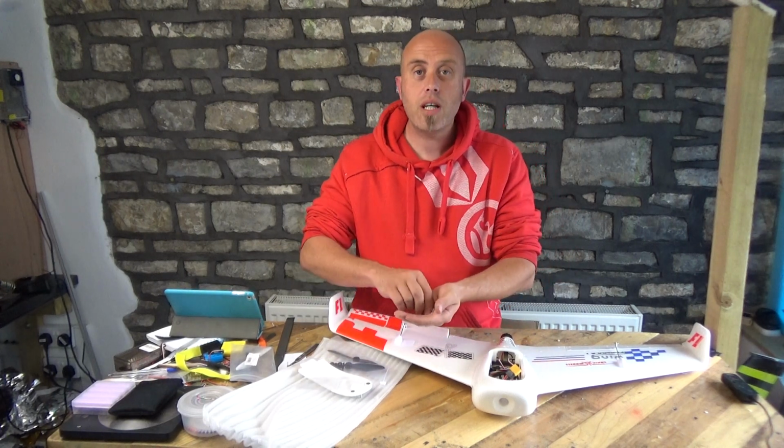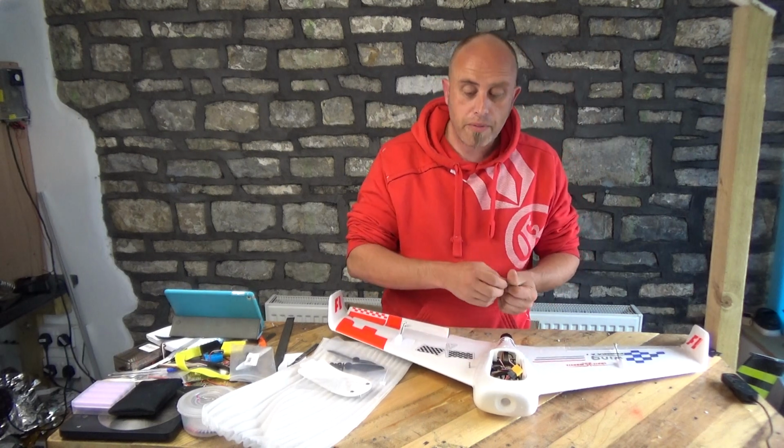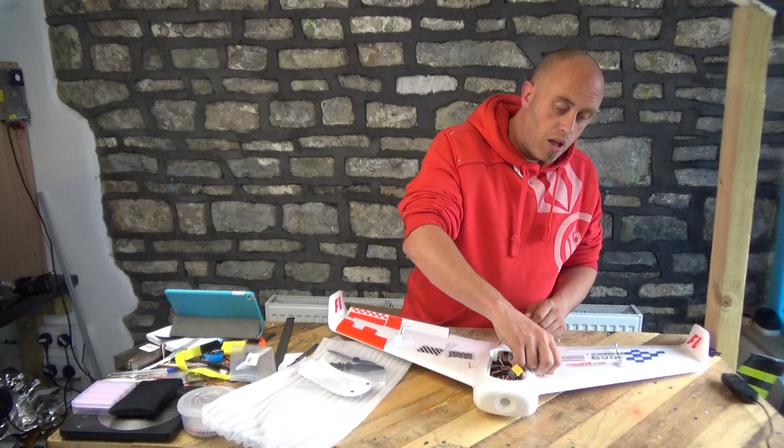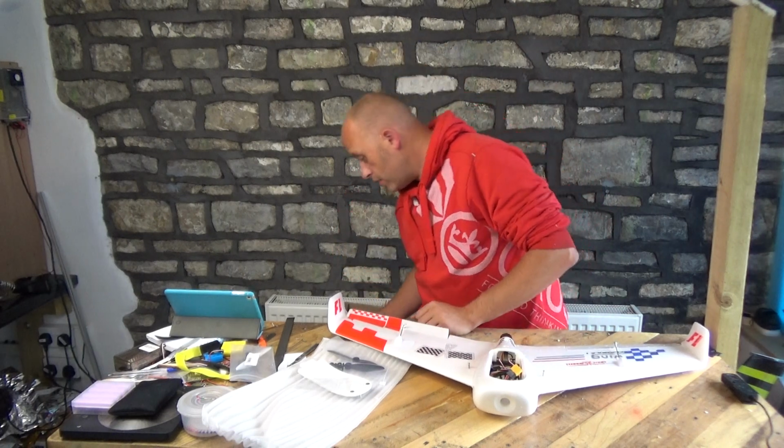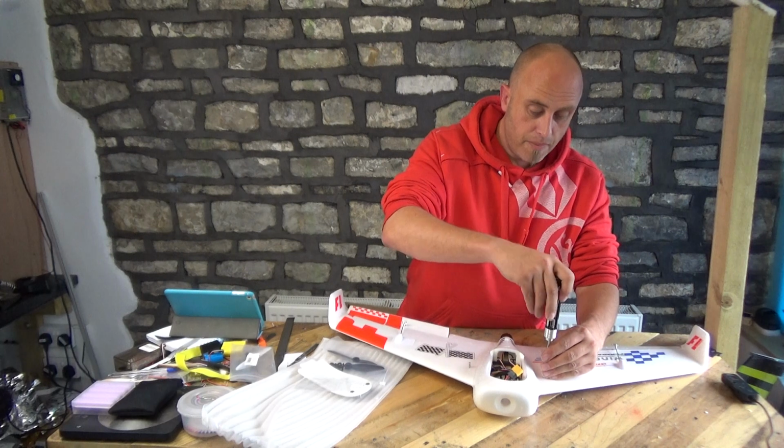Are you ready for this? You saw me pull out two cables. I've also pulled out two cables. I put a spar in. I'm going to reach down here and find the screwdriver. And